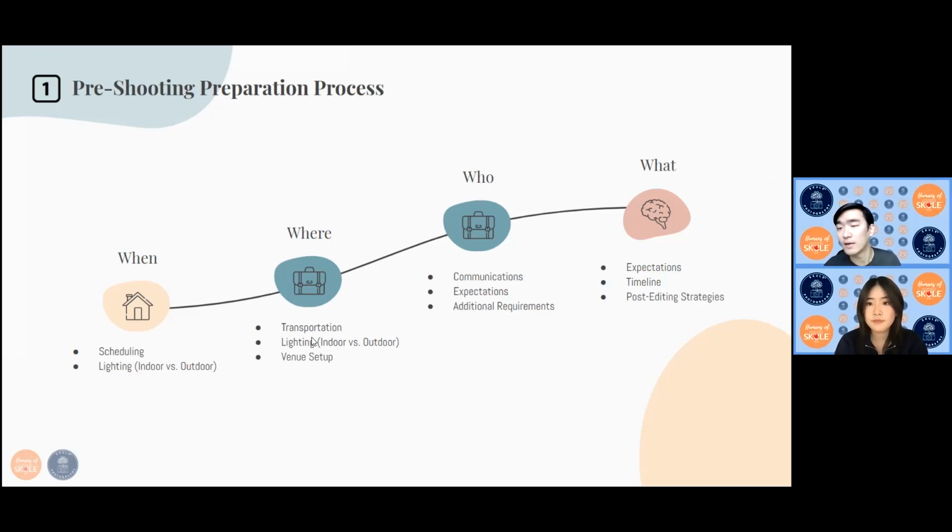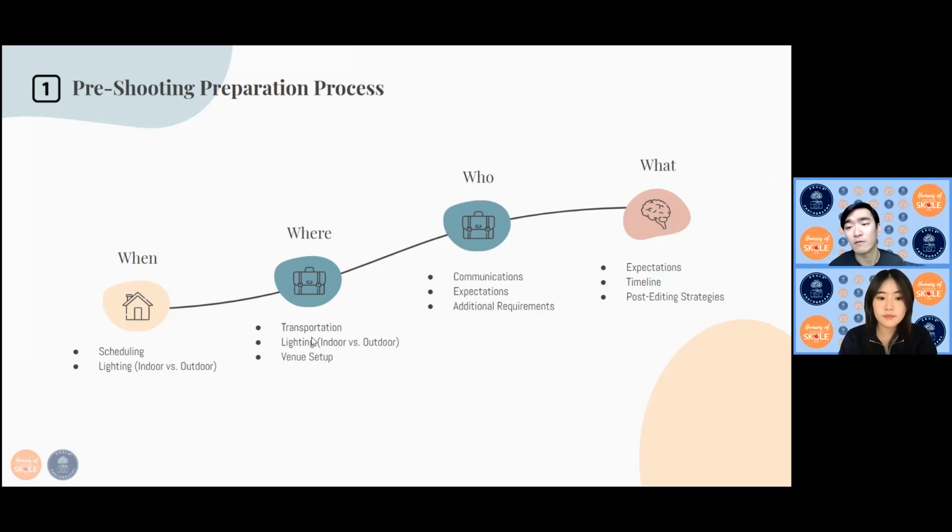That kind of thing. Or how far is the venue? Because sometimes when it comes to event photography, you need to bring soft boxes, flashes, and on top of that your own camera. I think if you don't have a car, it might be a problem, right? So you have to figure that out first, and then who you're working for. Are they on top of everything? What are their expectations? Do they have any additional requirements? And finally,